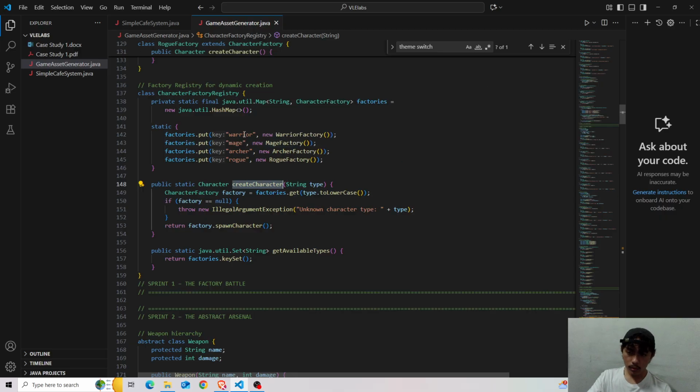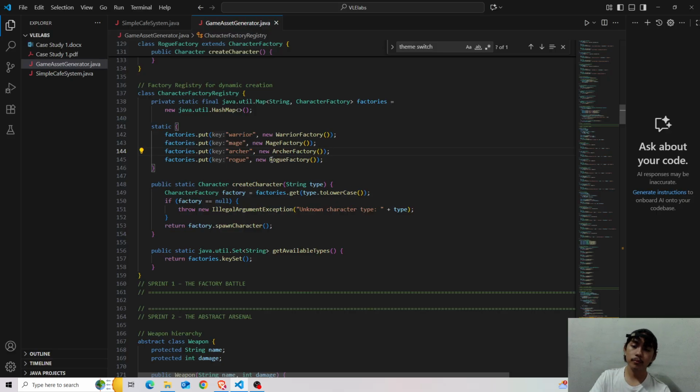So excuse me, we have an if statement here to catch errors, to throw errors if the factory is null or the user hasn't entered anything, then throw illegal argument exception, unknown character type.